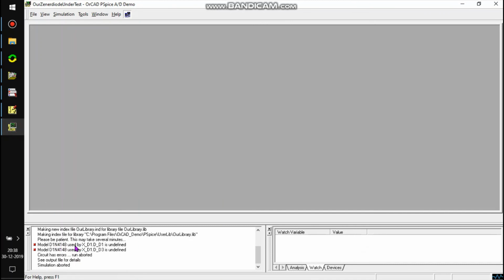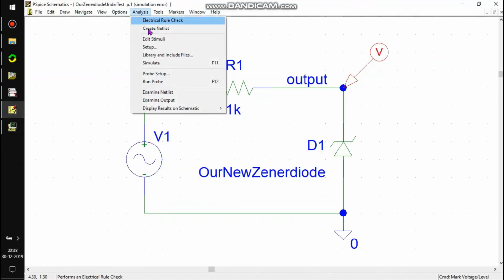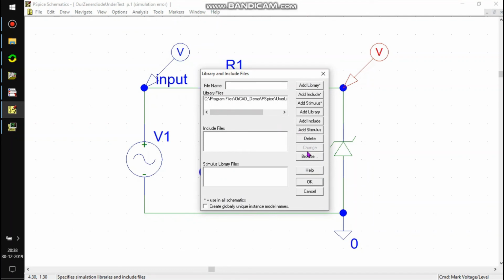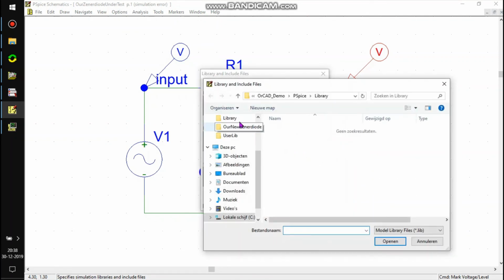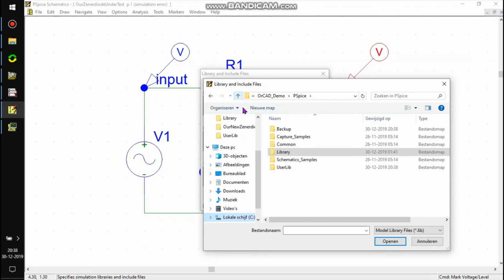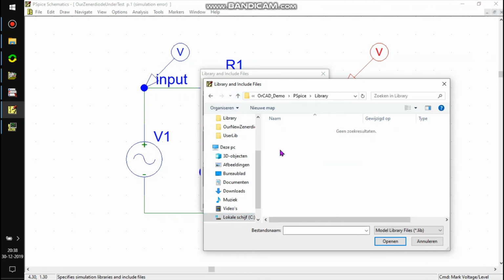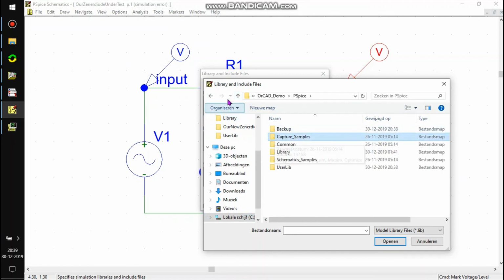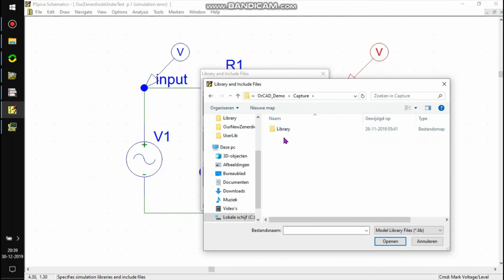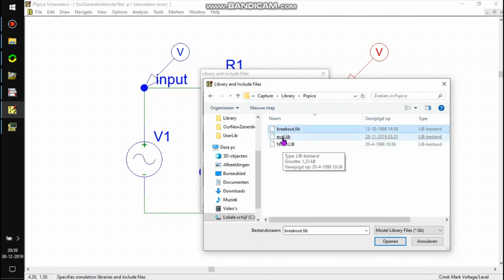It's undefined, this model, so we need to include our library, browse to it, eval lib.